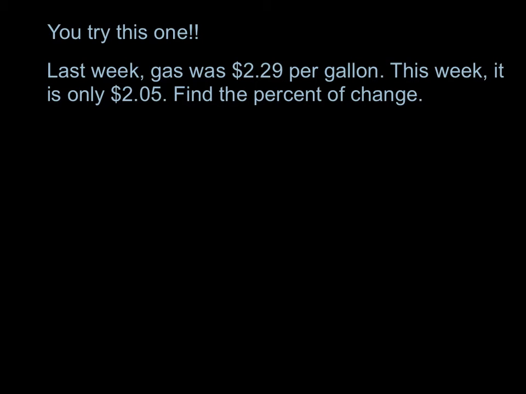Okay, last week gas was $2.29 per gallon. This week it's only $2.05 per gallon. Find the percent of change. So we're going to start by subtracting bigger minus smaller. 2.29 minus 2.05 divided by the original amount, the first amount,